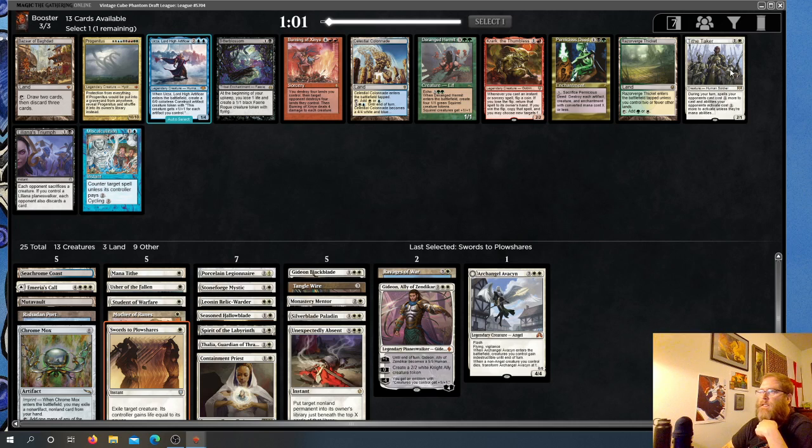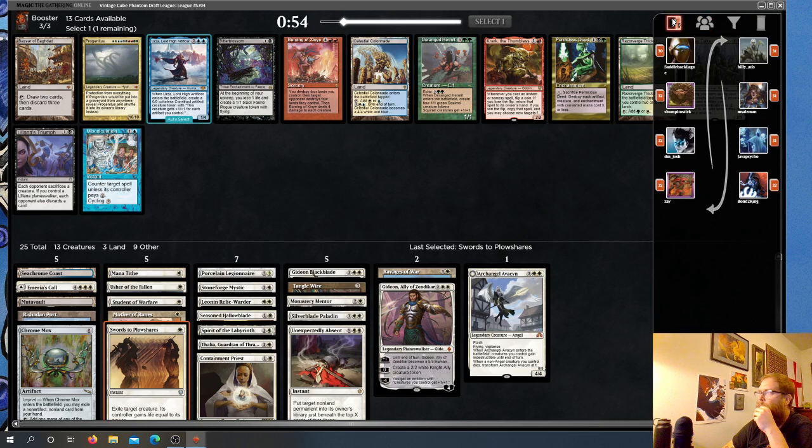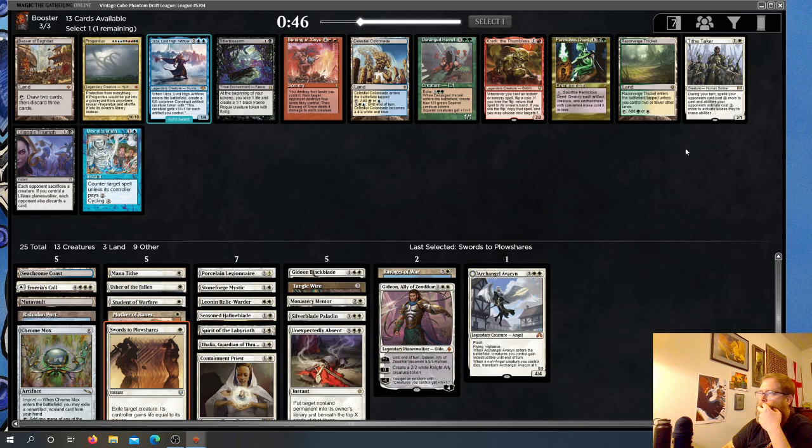Bazaar, not good. Tithe Taker's fine. Did we pick up a card we wanted to splash? I can't remember now. Wear Tear, I guess. Sculler again, maybe. Just take Tithe Taker here. This would give us a second blue source if we ever did need to splash anything, but...